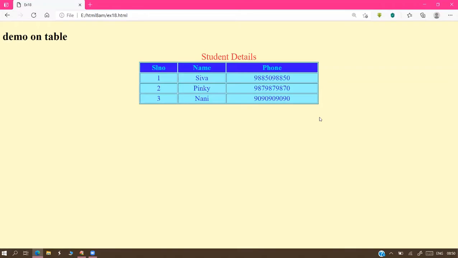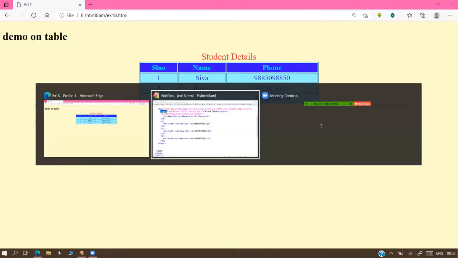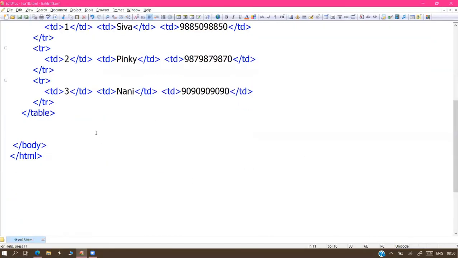We recently discussed ordered lists and unordered lists. Those ordered and unordered list items also we can place. There is no problem. So simply all types of content, all types of data, we can place inside the table.